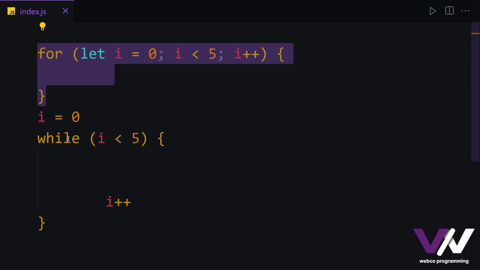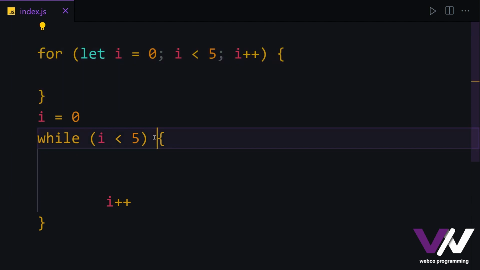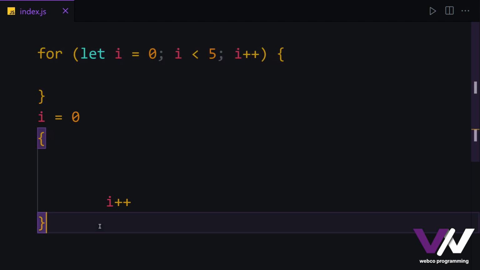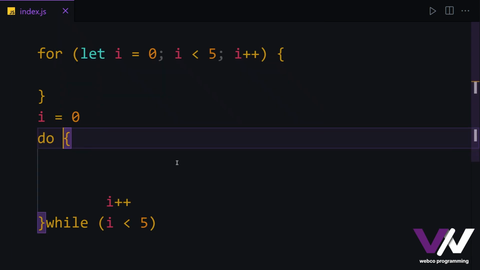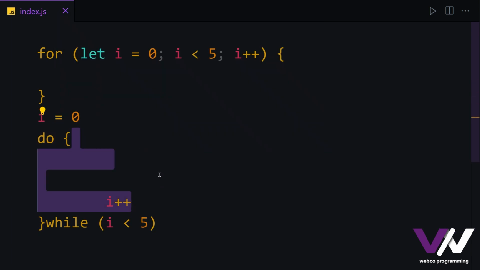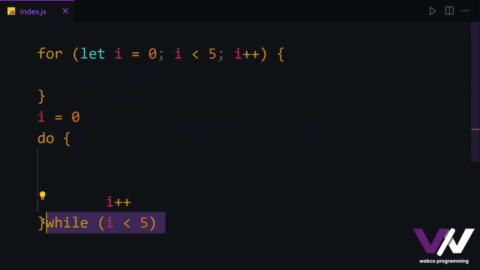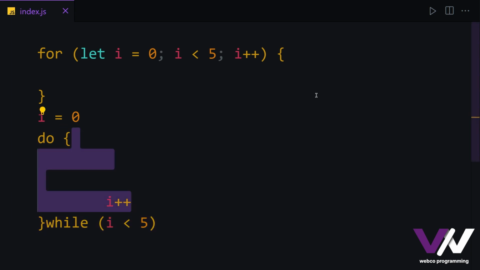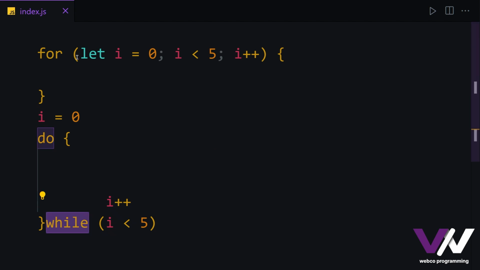But pay attention that in while we have another additional option of do while, where we can run this code at least once and then check if we want to rerun this code or not. You can use your while and for loop based on your own selection in different situations. And for the times that you need to run your code at least one time, you can use this do